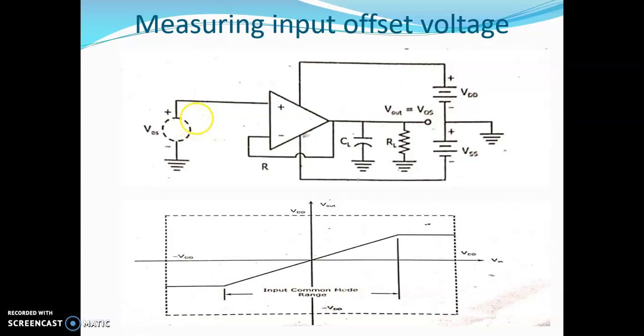By using the circuit here, if you are going to measure the input offset voltage and it is very small, then we can increase its value by adding a resistor divider in the circuit. So you are giving negative feedback here. Again the output is given to the input, but to the non-inverting terminal. So you can add a resistor divider circuit here and give it to the feedback, so that we can increase the input offset voltage.